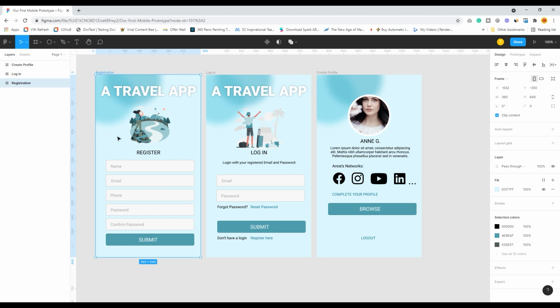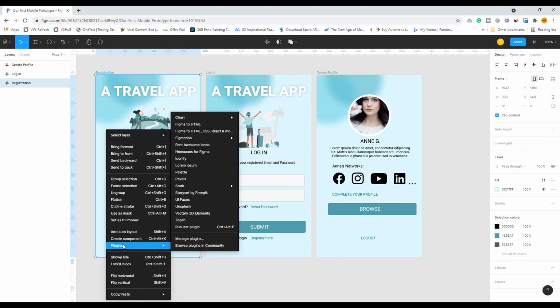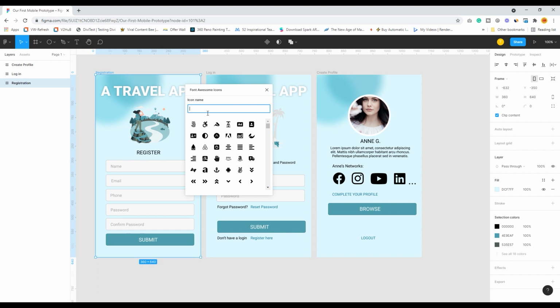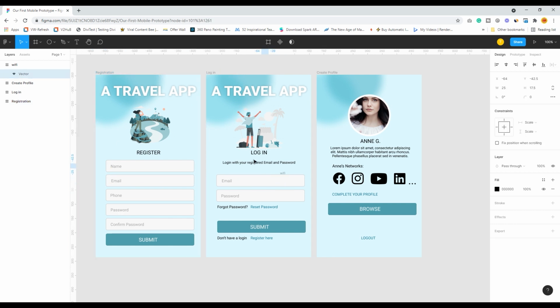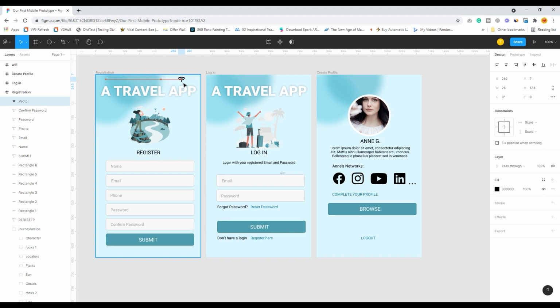So I'll right click over here, go to plugin and say Font Awesome and say Wi-Fi. I take the Wi-Fi icon and I put the Wi-Fi icon over here, press shift, and